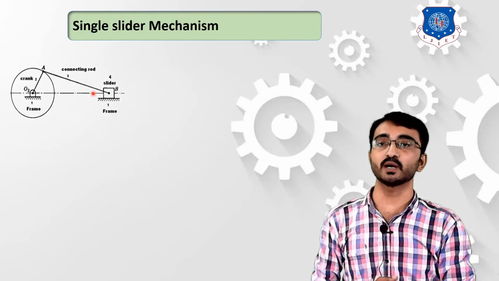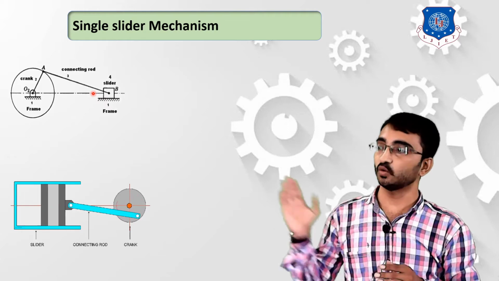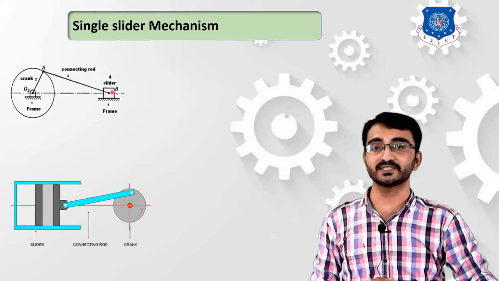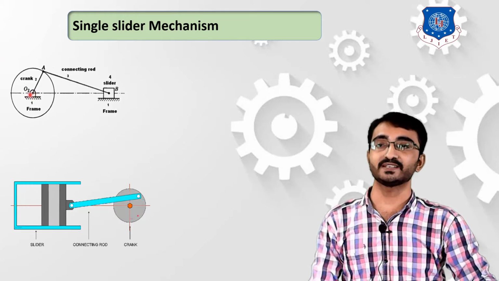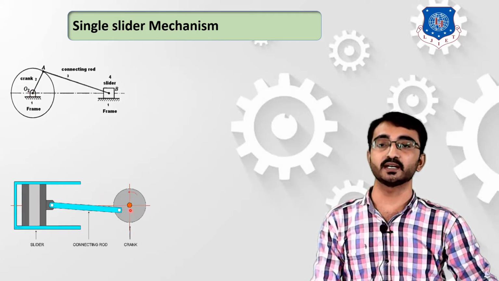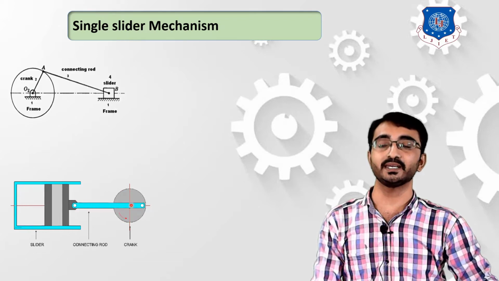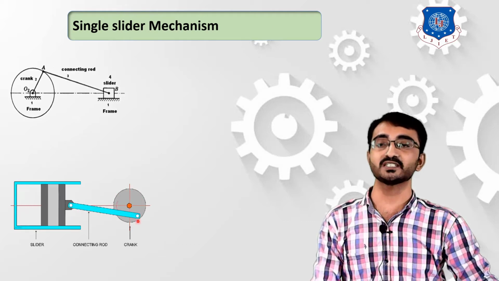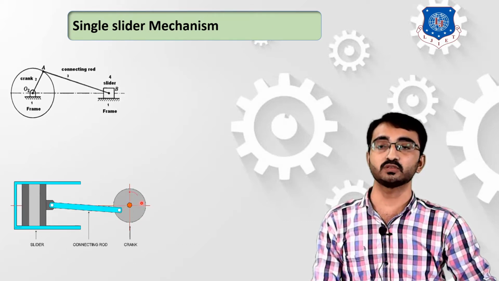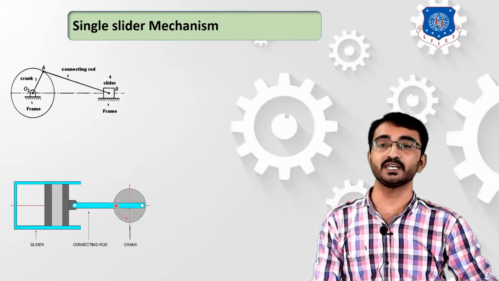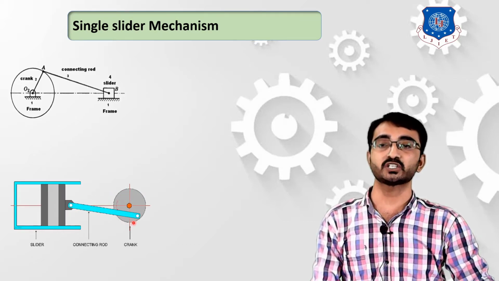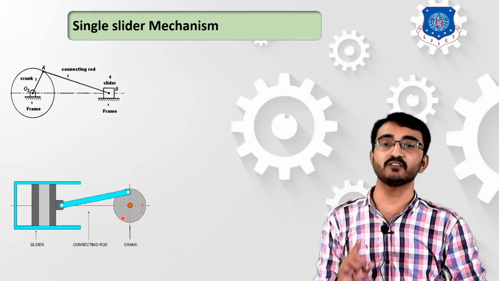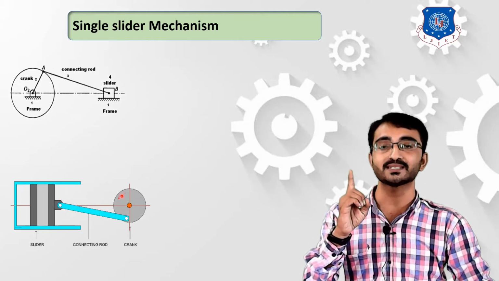Now how will they work? Let's refer to this diagram. Here your fixation is link number 1, the center point. Similarly, this red point indicates link number 1, the fixation. With respect to this fixation, your crank is rotating completely. This pair forms one turning pair. You can see that with respect to this center, your crank is turning, or we can say rotating, so that forms one pair known as a turning pair.